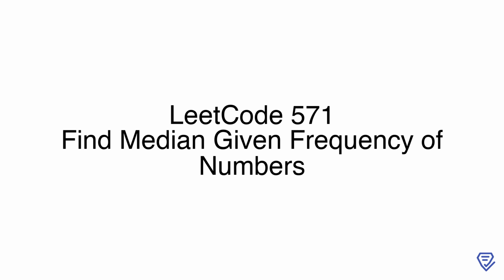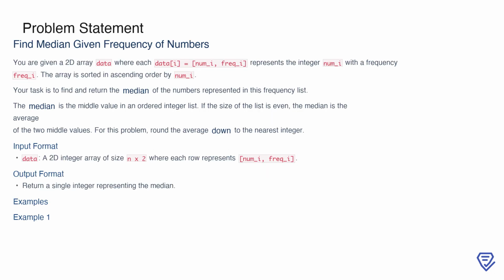Today, we'll explore problem number 571, find median given frequency of numbers. In this session, we'll review the problem, analyze different approaches, and focus on the brute force solution. Let's dive in. Specifically, for a row like number_i, frequency_i, number_i is the number, and frequency_i is how many times